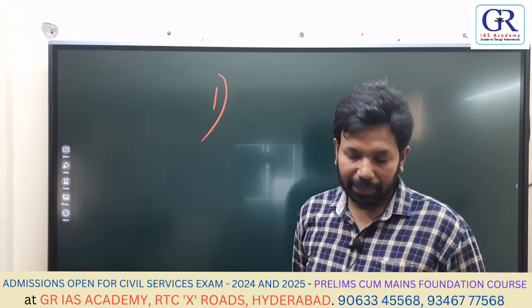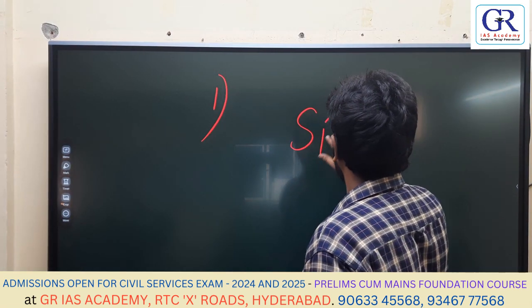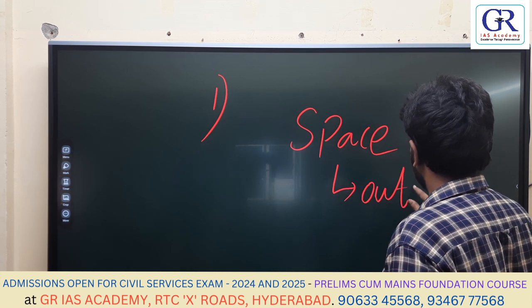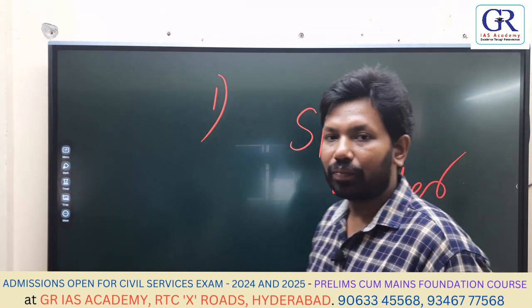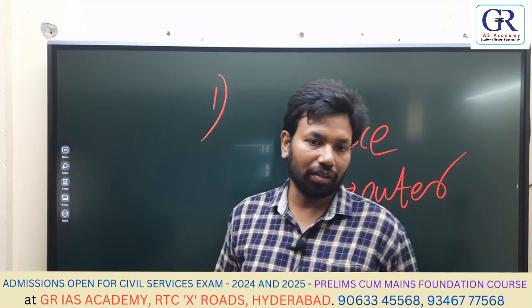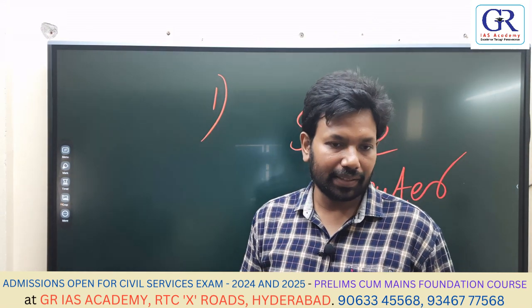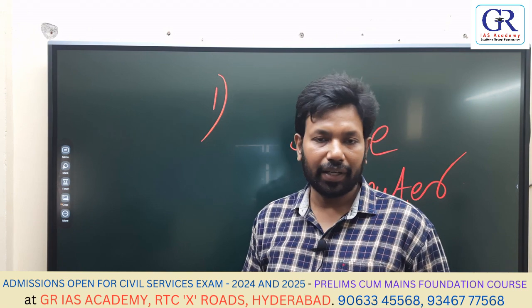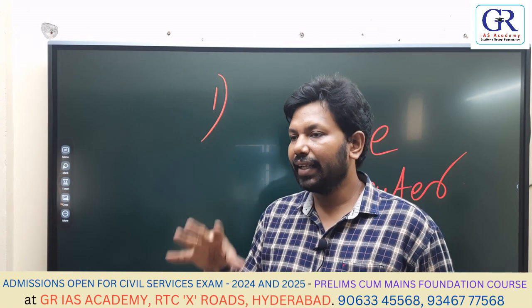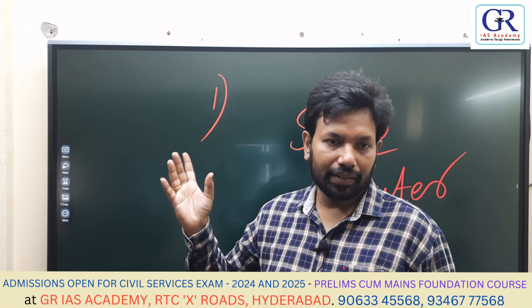Space. Inner space or outer space? Outer space. What is inner space called? Atmosphere. Inner space we will be learning in Indian geography. Outer space we will be learning in world geography. Inner space is different from outer space. It's a technical definition from IMD, the Indian Meteorological Department. Inner space is the atmosphere that we update day to day through satellites. Outer space is beyond the atmosphere.